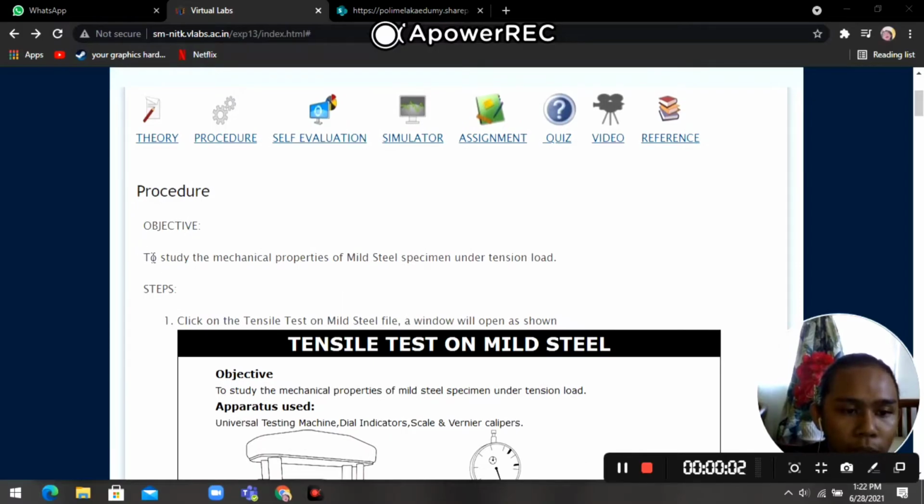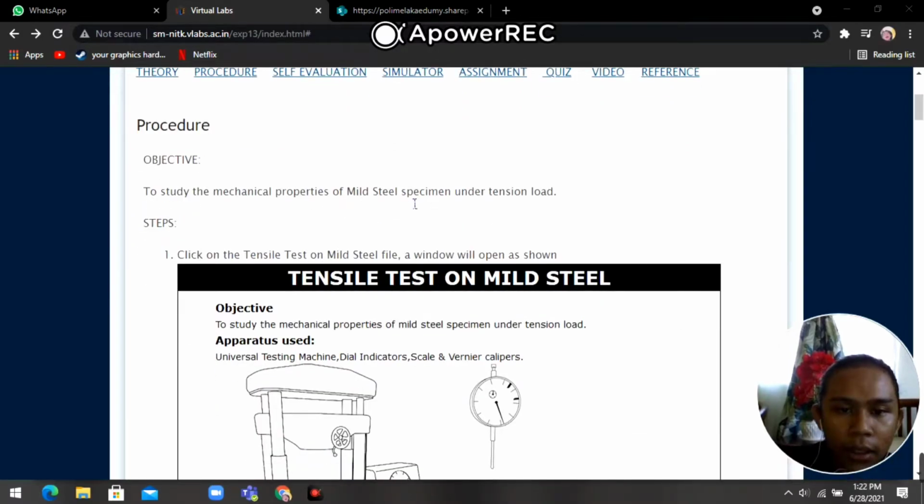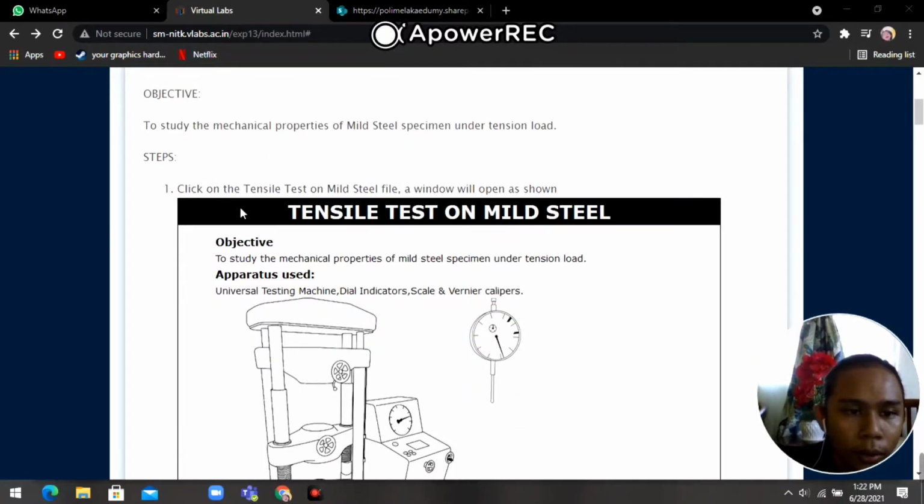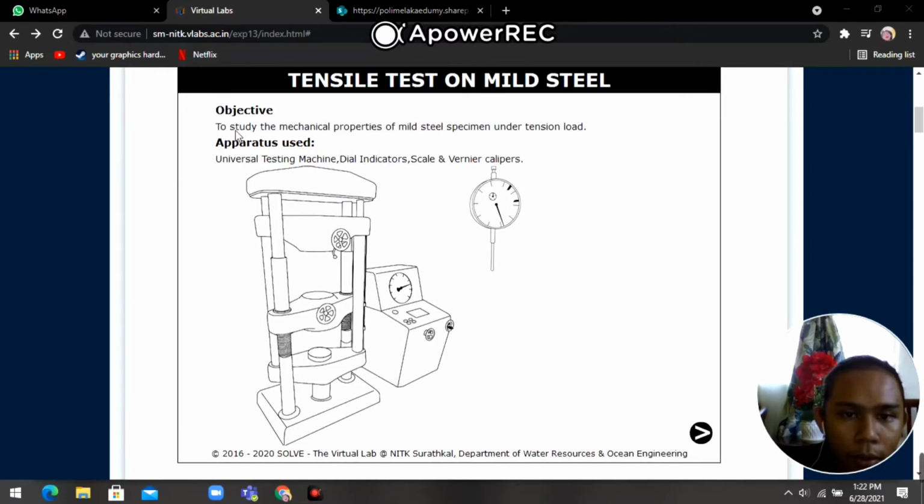Procedure. Objective: to study the mechanical properties of mild steel specimen under tension load. Step 1: click on the tensile test on mild steel file. A window will open as shown. The apparatus used are a universal testing machine, dial indicators, scale and